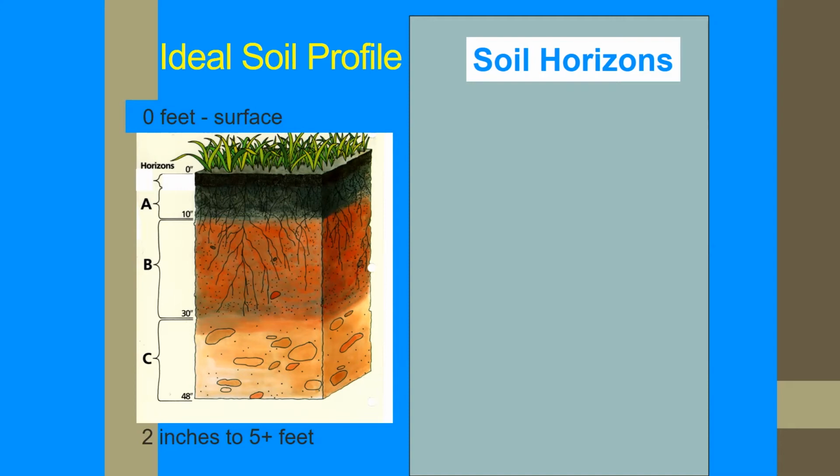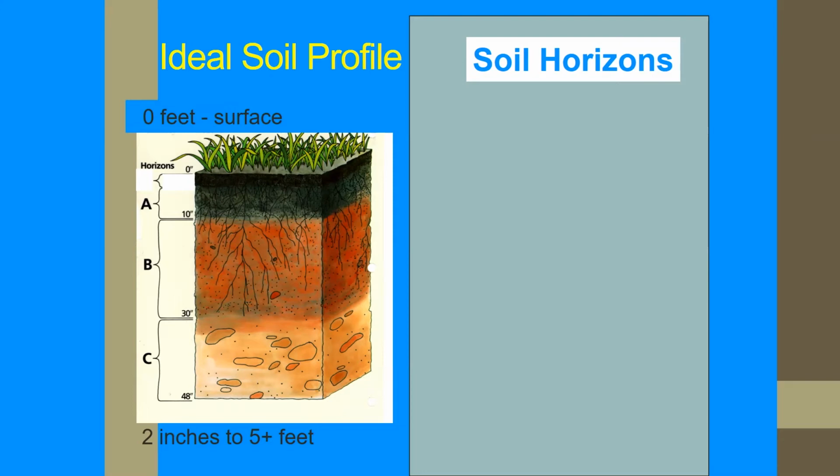And the ideal soil profile has 10 to 12 inches of rich, dark topsoil, and that's where the vast majority of the biological activity is happening, where we have the interactions between roots and the biotic component of soil. That's where all of the mycorrhiza is active, all of the bacteria, all of the nutrient cycling, all of that fun stuff is going on primarily in the top 12 inches.